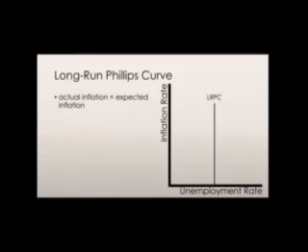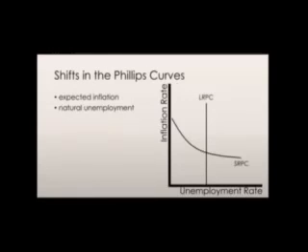The curve being vertical implies that there is no relationship at all between the inflation rate and unemployment rate. A change in the expected inflation rate will shift the short-run Phillips curve and only the short-run Phillips curve. The intersection of the long-run and short-run Phillips curves indicates the expected rate of inflation. If the expected inflation rate increases, the short-run Phillips curve shifts upward, and if it decreases, then the short-run Phillips